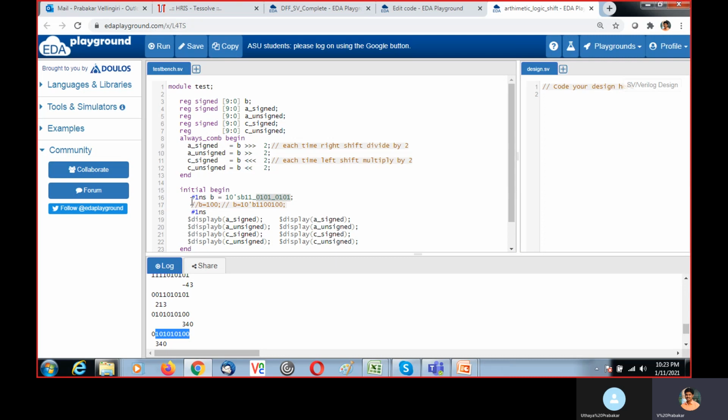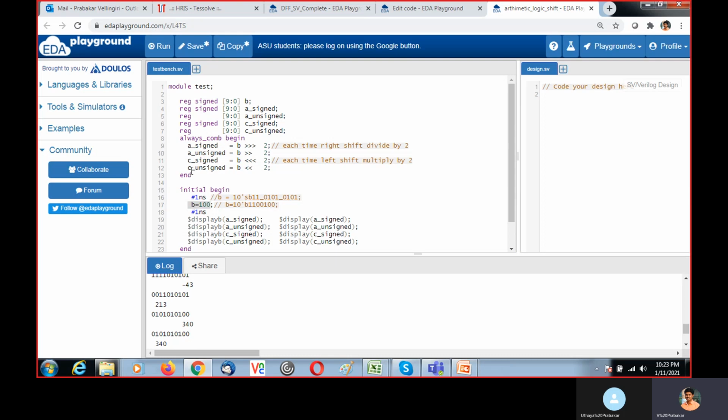Then one more thing here. To perform right shift for a particular value, each time you perform right shift, the value will be divided by 2. Each time you perform left shift, the value will be multiplied by 2. For example, now the value of B is 100.